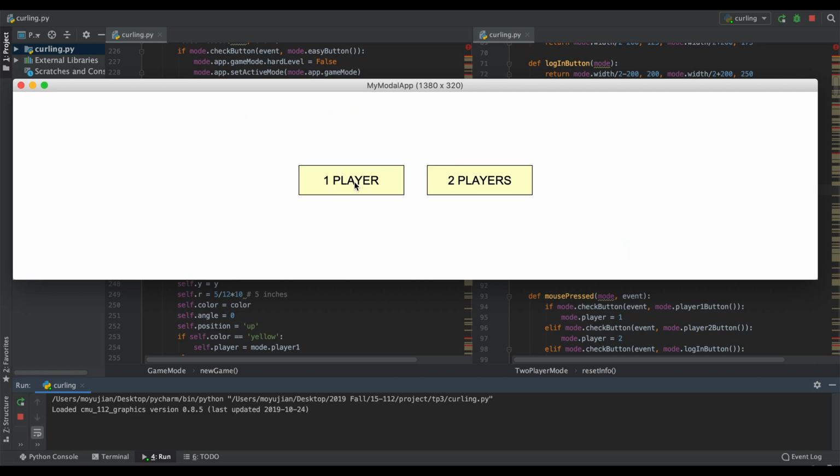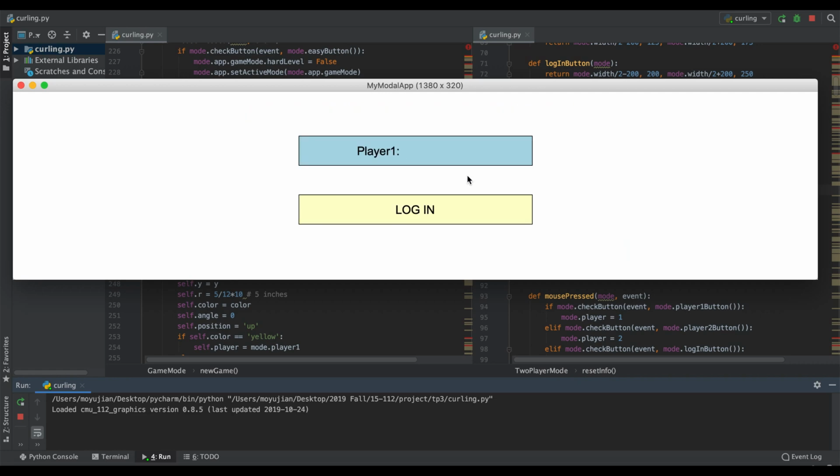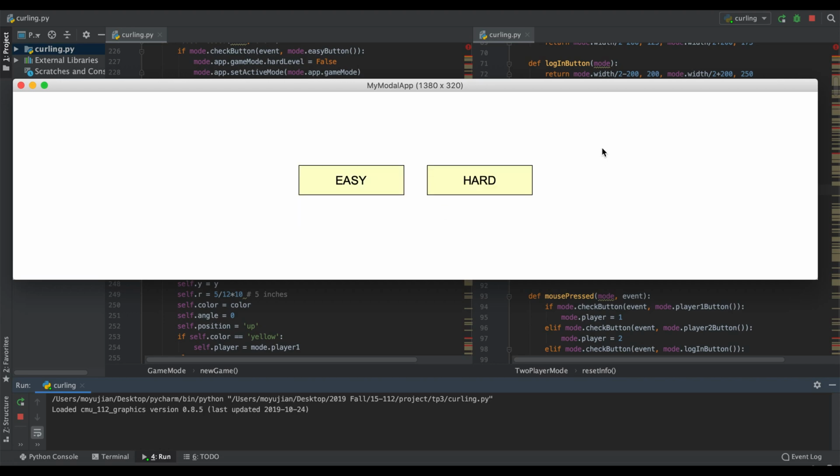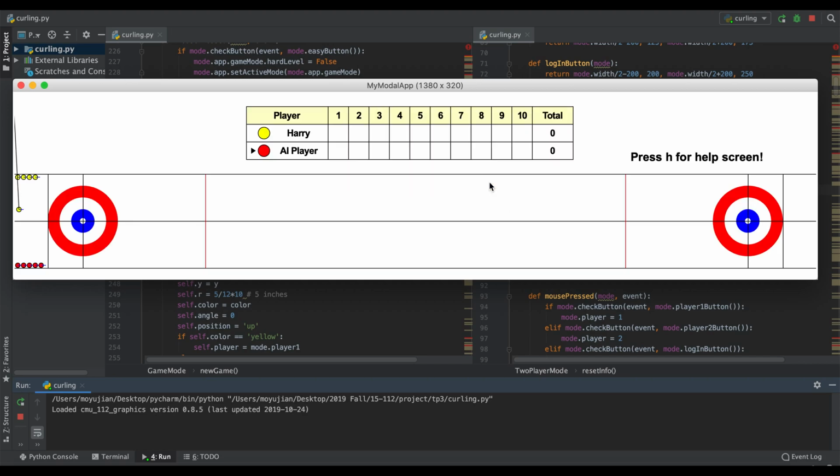And if we choose one player mode to play this game with the computer AI player, let's say Harry, we have two options. One is the easy mode and another is the hard mode. If we choose hard mode,